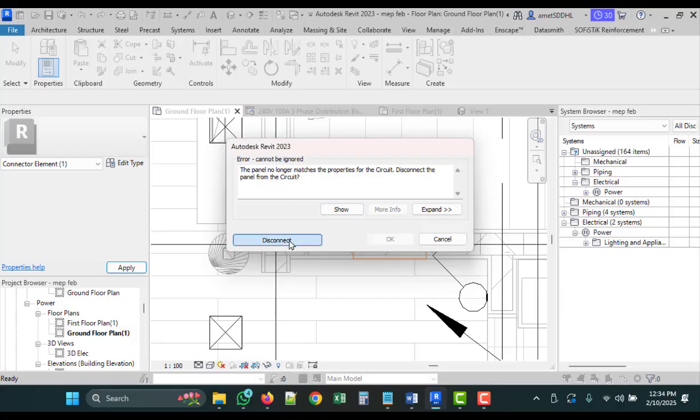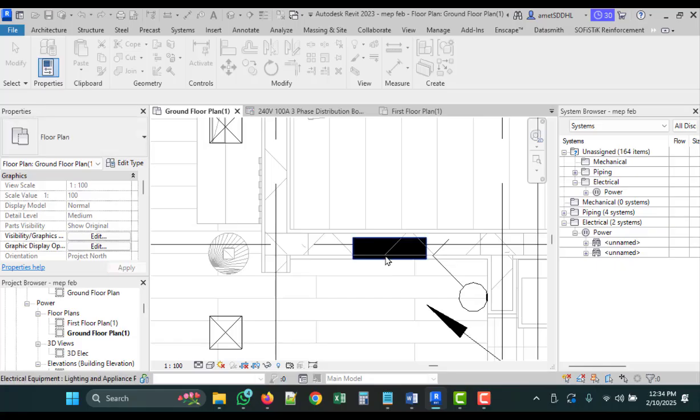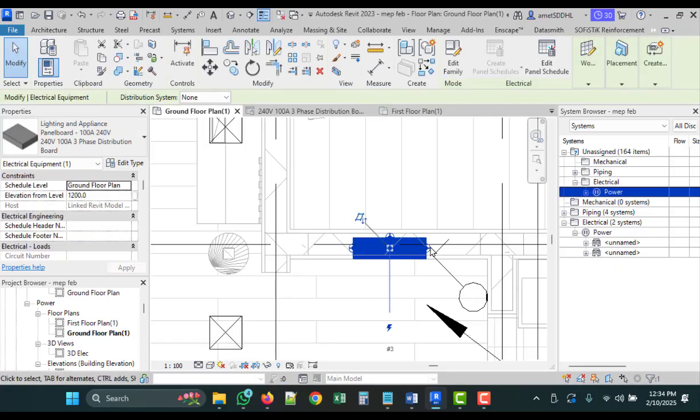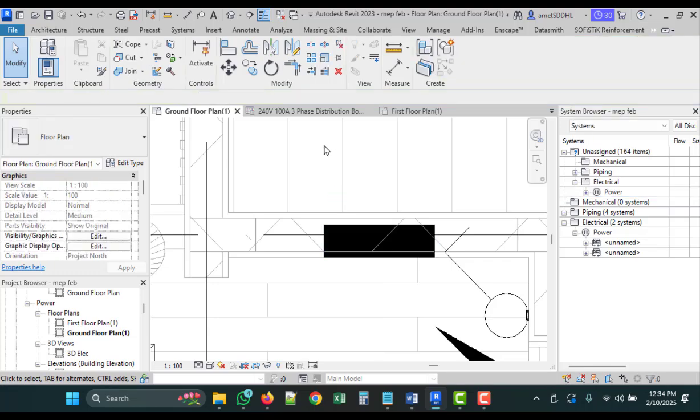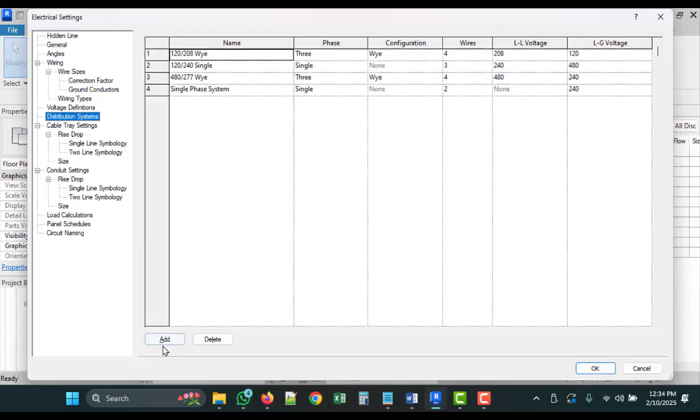The panel no longer matches the property of the circuit. Disconnect the panel from the circuit. We'll click on disconnect, because we connected it to a 1-phase. Now we have changed it to a 3-phase. Hence, now we see that there's no distribution system. So to create a distribution system for your 3-phase, you go to the electrical system, shortcut ES, and then we'll click on add new. So we'll call this